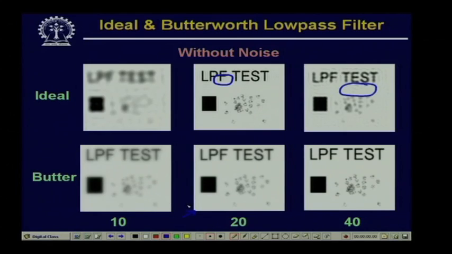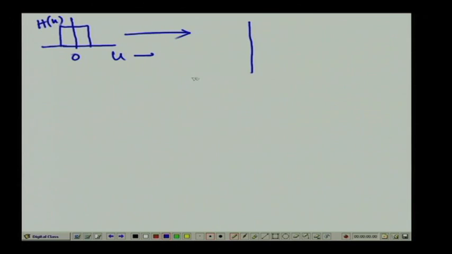Now, the reason why the ideal Lowpass filter introduces the ringing effect is this. We have seen that for an ideal Lowpass filter, in the frequency domain, the filter response was something like this. So, if I plot u versus h u, this was the response of the ideal Lowpass filter. Now, if I take the inverse Fourier transform of this, the corresponding h x will have a function of this form,